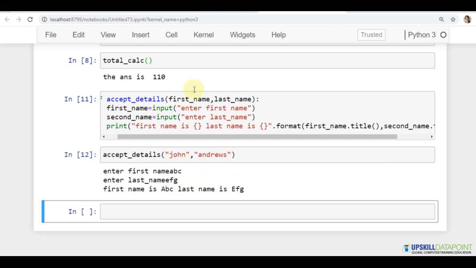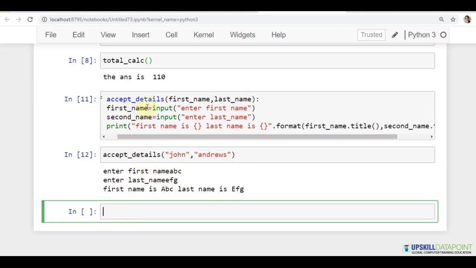Now this first name and last name and these values you're passing here, they are the positional arguments. Positional argument means if you're passing John, this John is going to replace the first name, not the last name. Why? Because it is the first argument you passed here. So it's position 1, so it replaces the position 1 parameter out here. This argument is going to replace position 2.